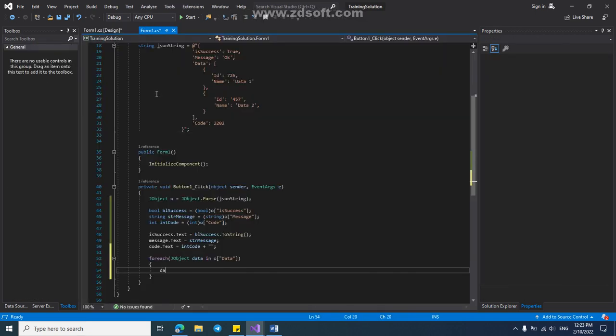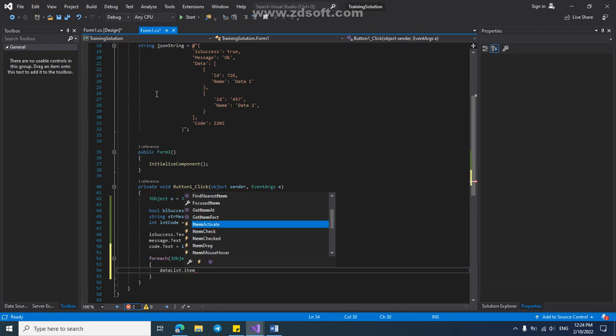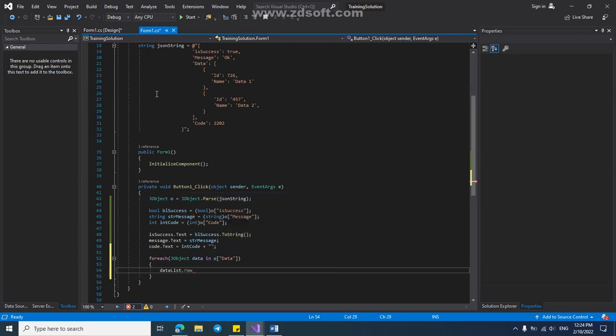Okay, data list dot items dot rows. Okay, and here data. Before this I want to put my ID and name into variables,